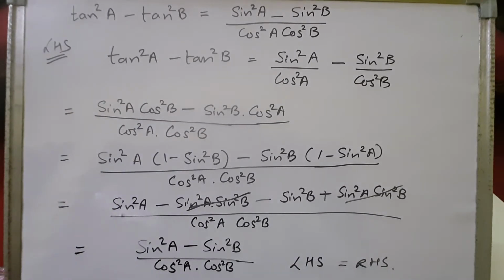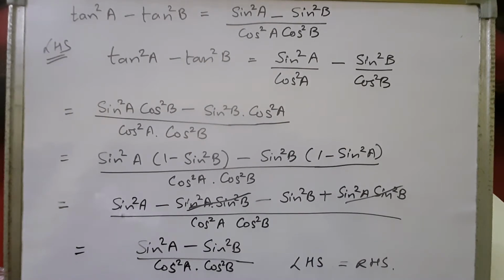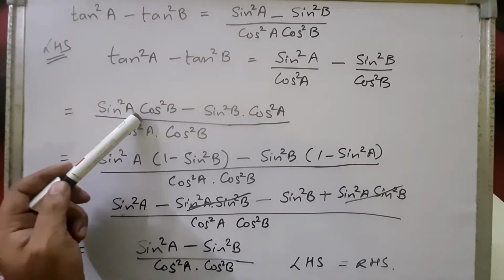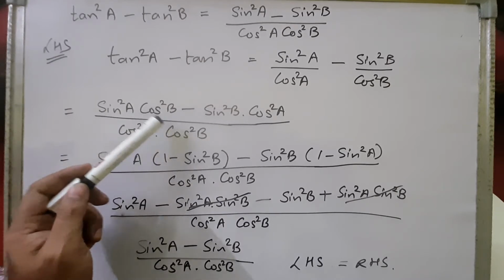Alright, children. Now in the right hand side, pay attention, we don't find any cos term. There is no cos present in the RHS. So we have to eliminate the cos that we are having here. So cos square b, when we convert to sin, we'll get 1 minus sin square b.